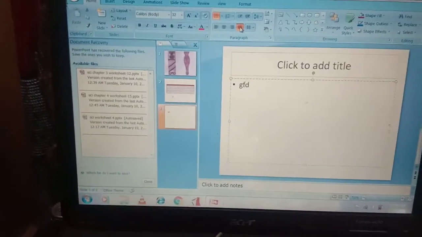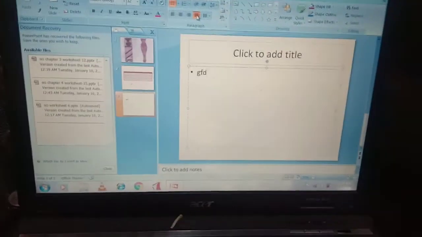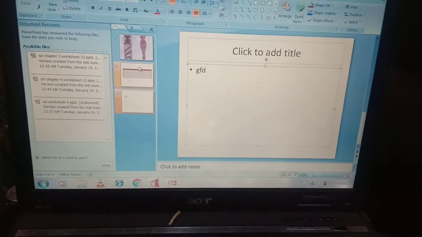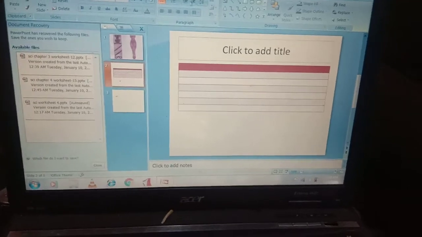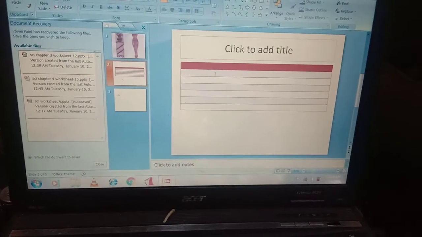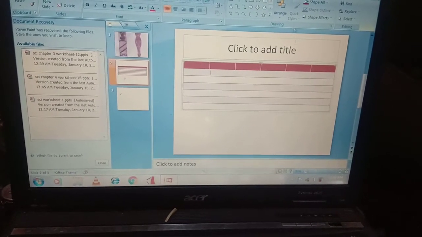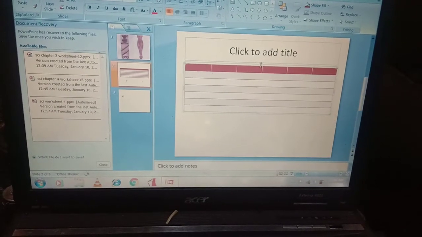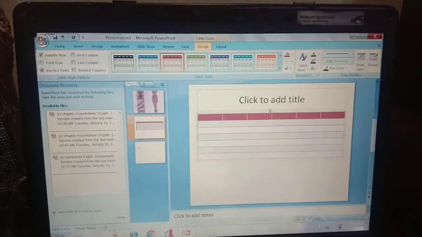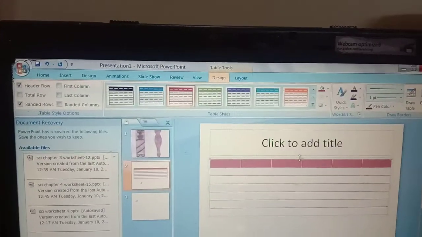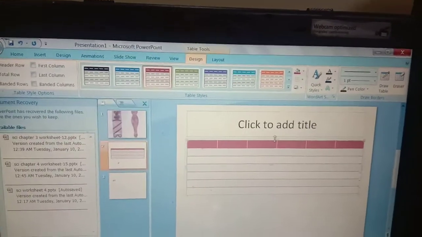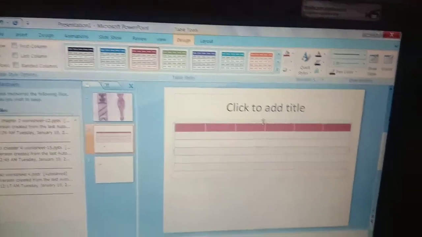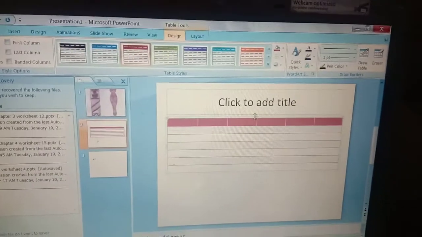There are several table tools we will discuss. Let's come back to the table. Here we also need the alignment. When we click on the table, automatically all the tools will come in front, at the upside of the window. All the tools that help us to enhance our table appear in front of you.